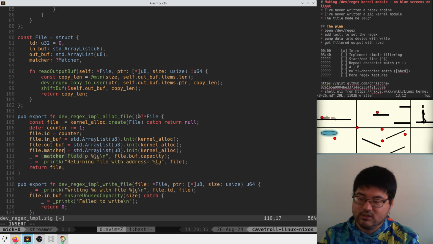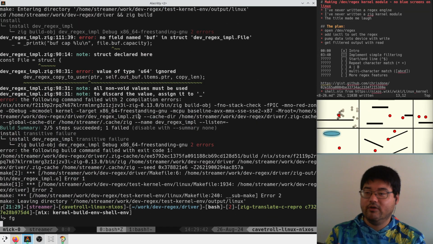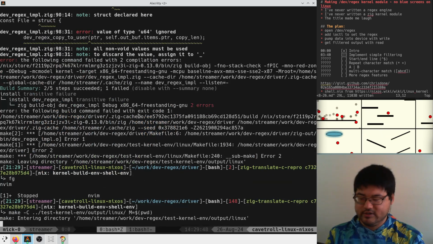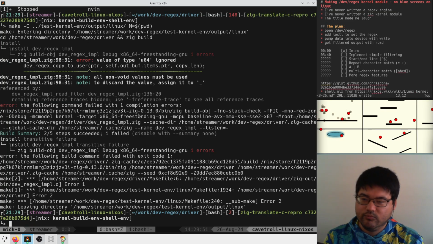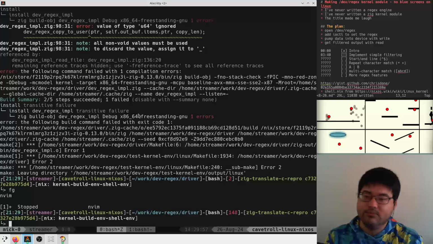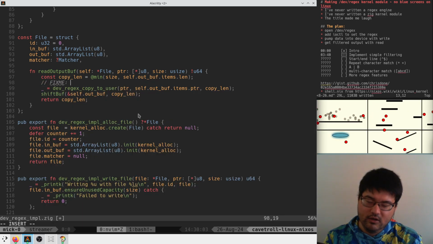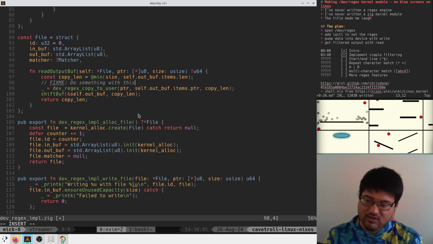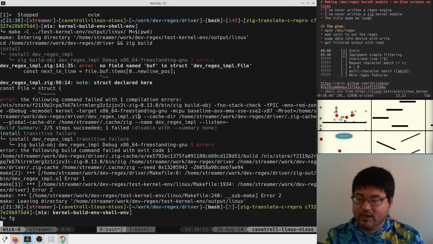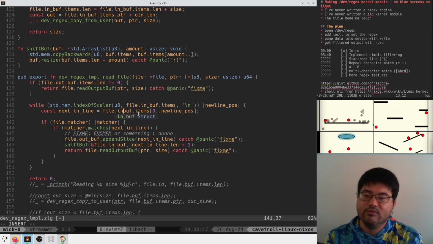And matcher has to be initialized to null. All right. No field name buff. That's true. We don't really need this or this. We are kind of done with the stack overflow or segfault errors. Copy to user. He's mad about something here. I actually don't know what. Oh, yeah. Okay. Fix me. Do something with this return. But for now, we are going to pretend that there's nothing to do. No field name buff, again, at 141. So that's true. So this is at read file. Next in line is from the in buff, not the